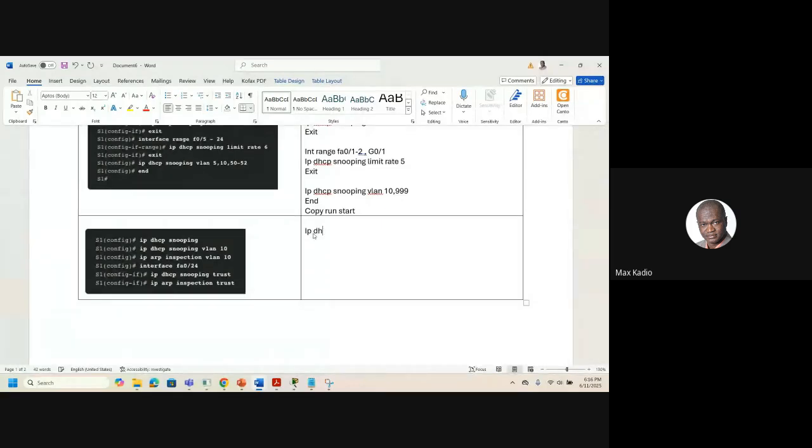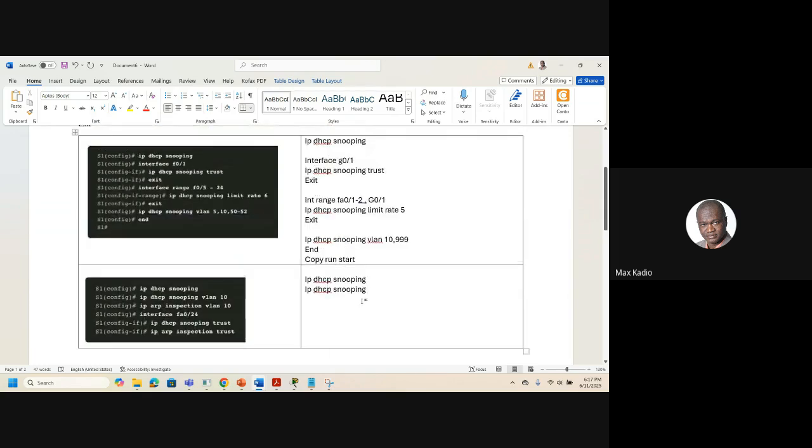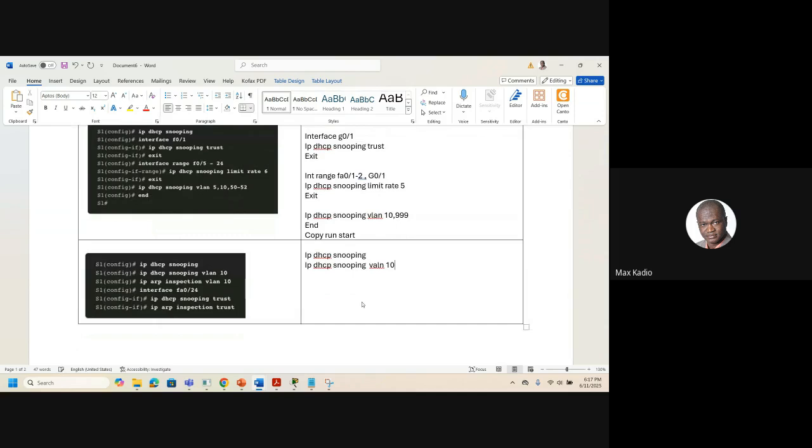IP DHCP snooping, DHCP snooping VLAN 10, IP ARP inspection, ARP inspection VLAN 10, then interface FA0/24, IP DHCP snooping